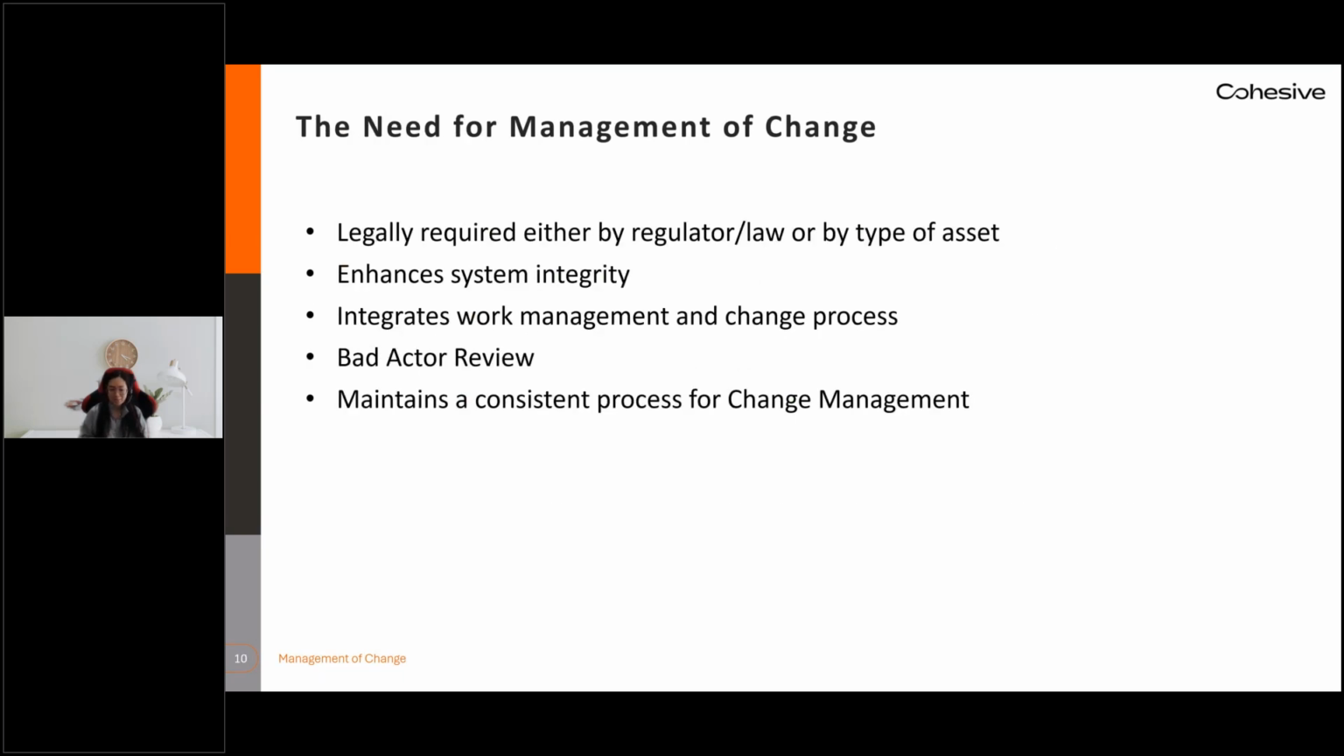So why is an MOC needed? Well, because they're generally required by a regulator or a law in many industries, or they might be required depending on the asset. For example, here in Alberta, we have regulations that mandate a change management process around pressure equipment. This pressure equipment can include things like fittings, boilers, and pressure vessels, and this process is outlined by the ABSA guidelines. MOCs are beneficial in that they enhance your system integrity by ensuring all elements are accurately tracked and